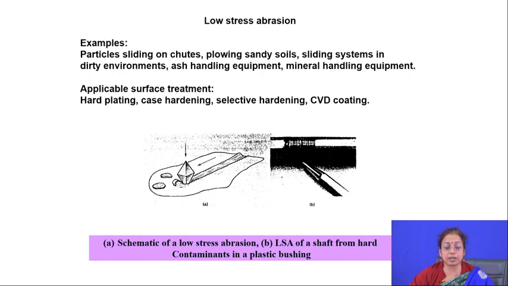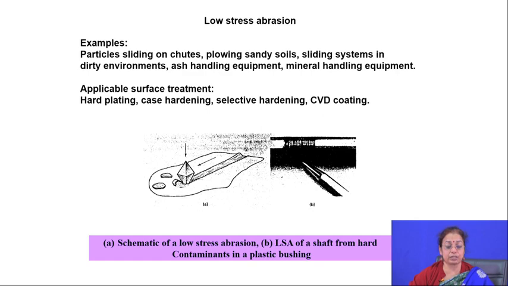Now, if you talk about the minimization of low stress abrasion: if you compare the kinetics of low stress abrasion with that of high stress abrasion, naturally the wear rate will be much lower, but still it can be a dangerous form of wear, because there is loss of material from the surface. Even though it is a slower process, it will eventually cause overall degradation or failure of the component, a failure in a progressive fashion, and you will also lose the structure